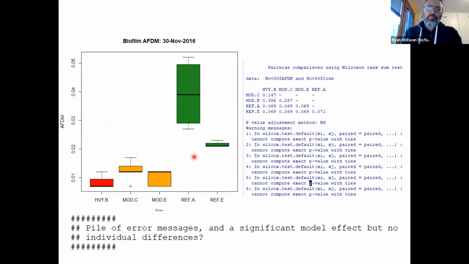Here's what we've got when you do that. First of all, a heap of warning messages. It's giving you the results in this little matrix, comparing heavy B to moderate C, heavy B to moderate E, heavy B, so it's going like this. It's doing the pairwise process we've talked about before, and it's presenting it in this little matrix. However, R is also saying,